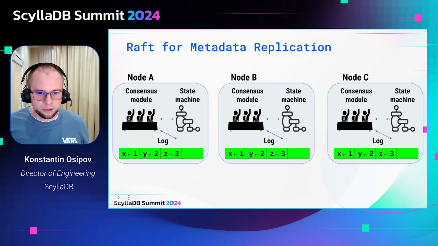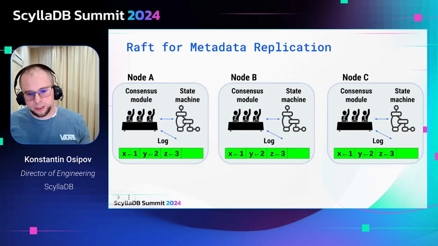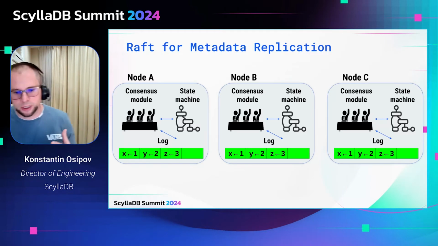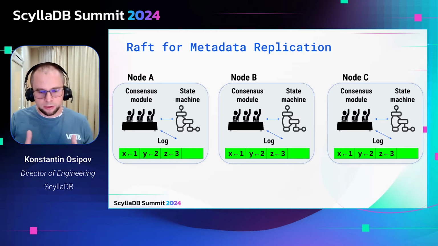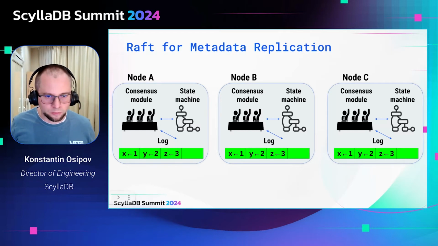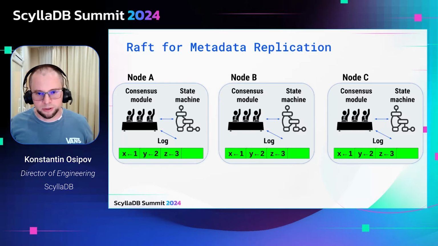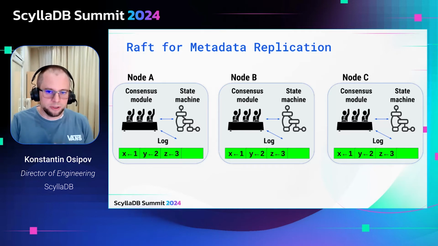The consensus module is responsible for replicating this data and for making sure that when nodes come in and out, the whole system continues being reliable. And this kind of system can make progress as long as the majority of the servers are up and can communicate with each other. So in case of a cluster of 3 nodes, it requires 2 nodes. Cluster of 5 nodes, it requires 3 nodes to be live, to be available.